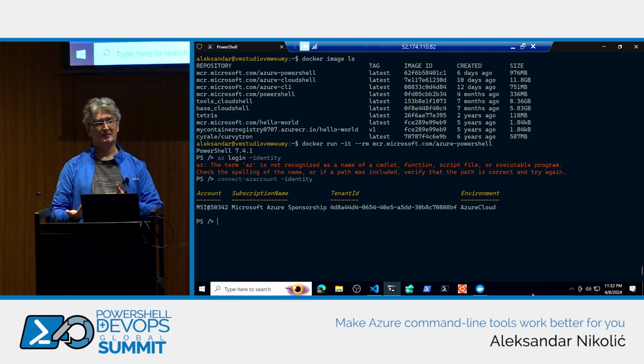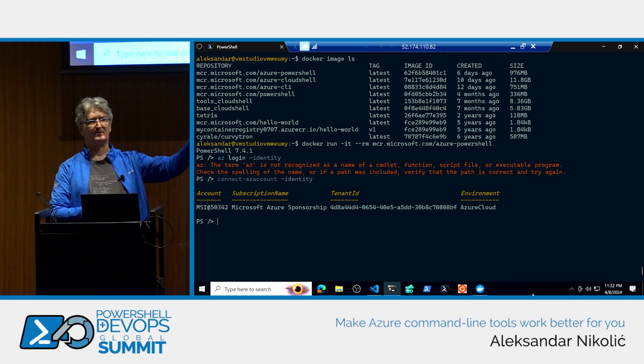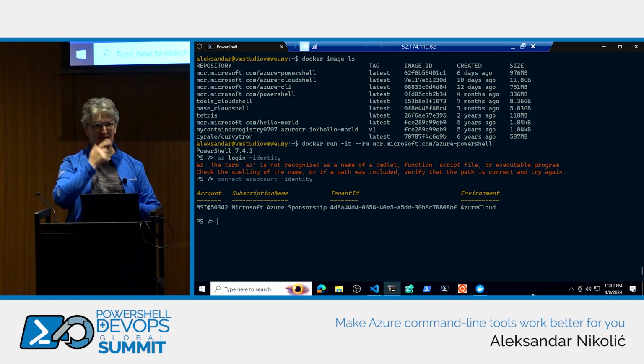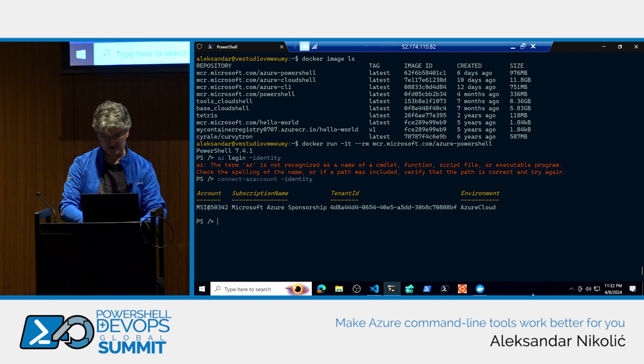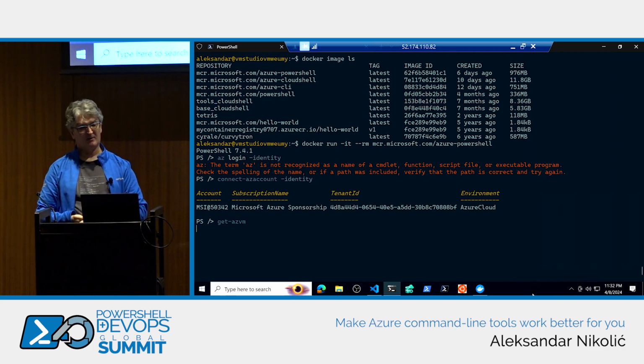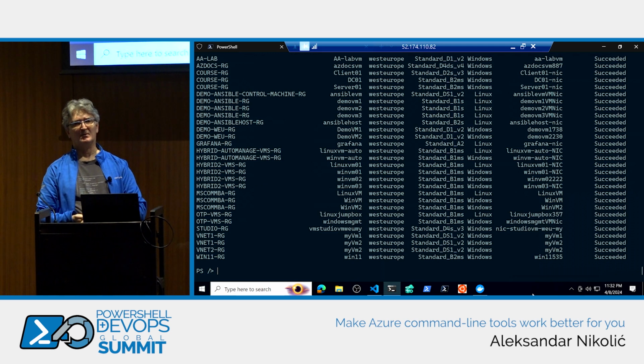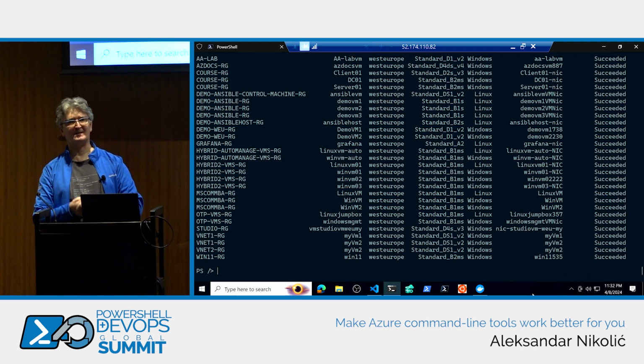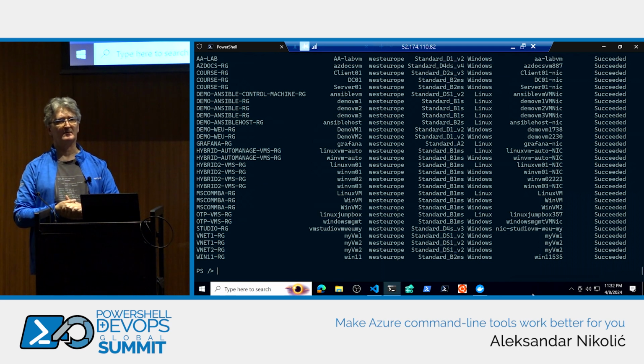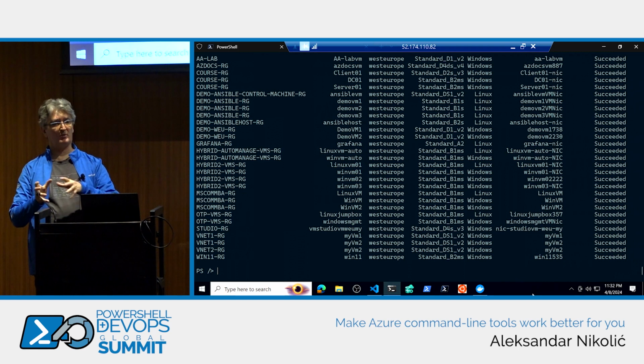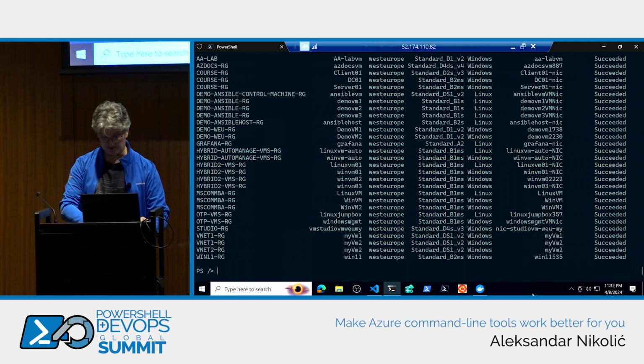So now I'm authenticated. As you can see, I'm not authenticated as Aleksandar. I'm authenticated with that system-assigned managed identity. And now I can run Get-AzVM and get access to it and run any of those commands that permissions are allowing me to do from this environment. Is this good? And I have full control on the versions that I'm using here,